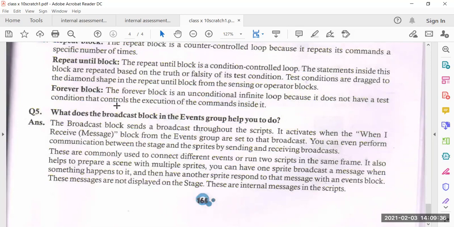It also helps to prepare a scene with multiple sprites. You can have one sprite broadcast a message when something happens to it, then have another sprite respond to the message. So these are the things required in blocks.